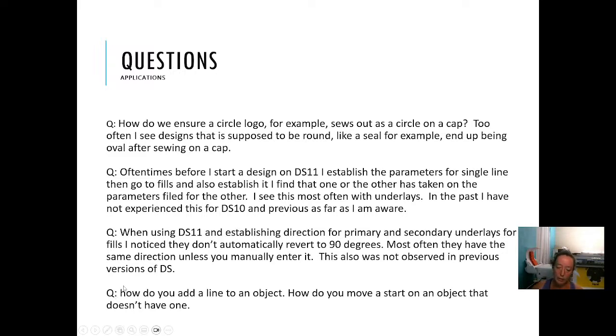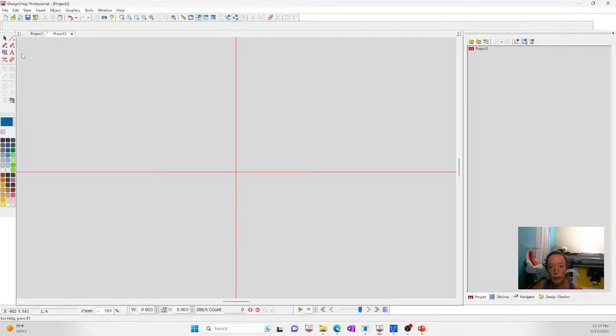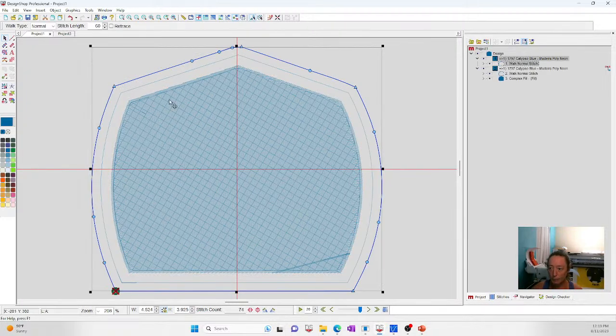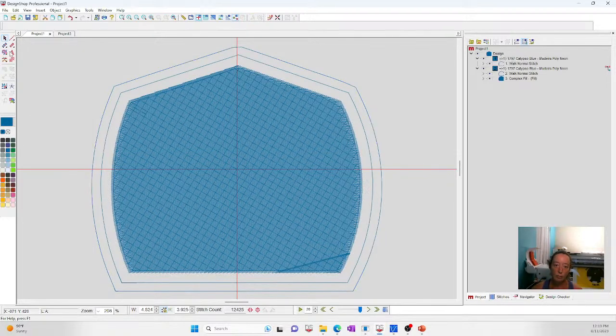Okay, so this one is me badly paraphrasing a video I got. So I'm going to basically answer, how do I add a line to an object that's a closed shape, and also how do I move the starts and stops if I don't have one, right? So a few different things. All right, so pretend the green circle wasn't there, and you generated a shape, and